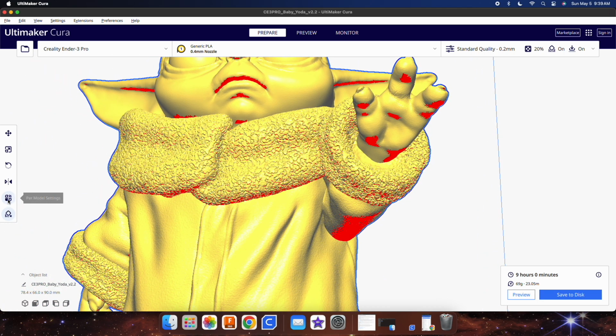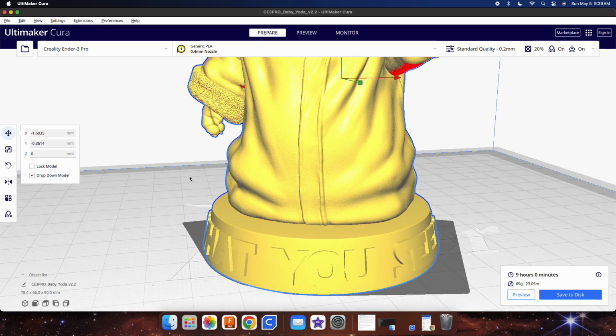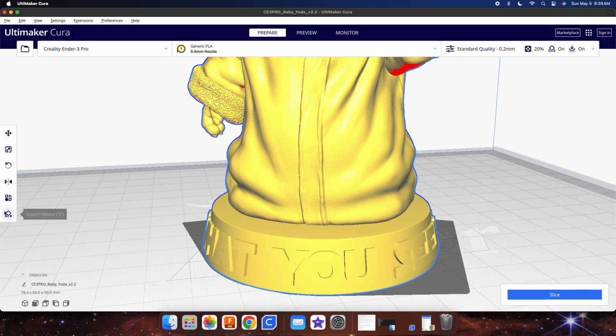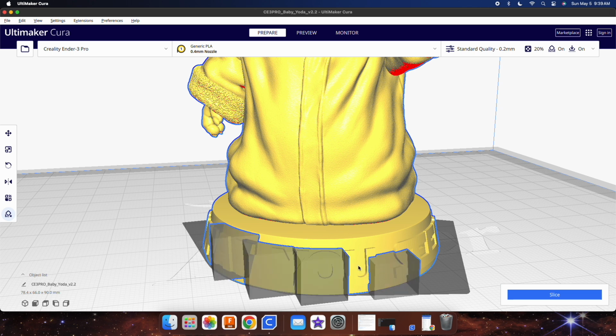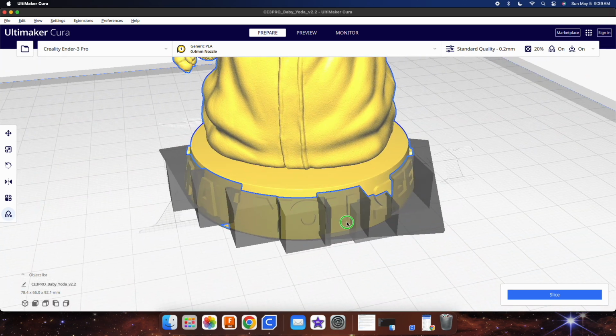So one thing you can do is go to the bottom on the left. It's support blocker. So if we click on support blocker, we click here. Support blocker. You're going to be able to block out where the support's going to be. It's basically just like the eraser tool. So let's say